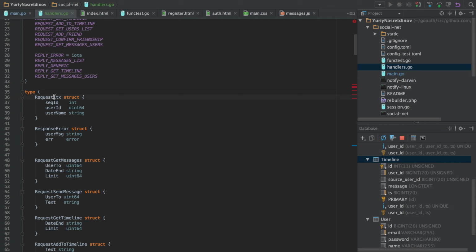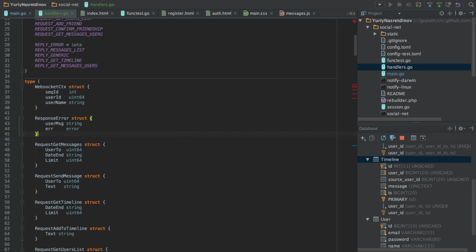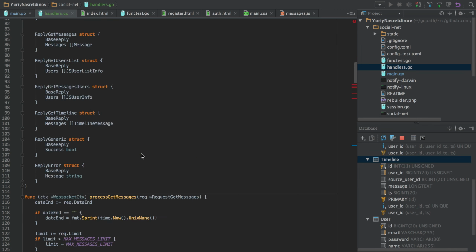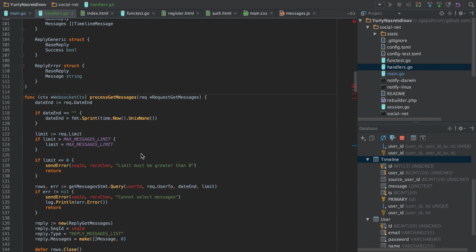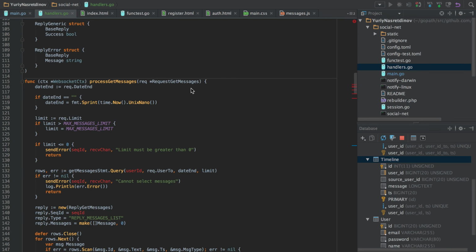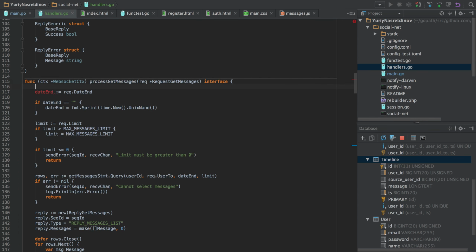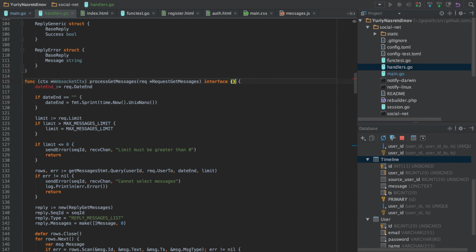This is how we want our handlers to look. And yeah, I renamed request context to WebSocket context so that you can distinguish it from others, and so that we don't use the word request as request type and as request context as well. And of course we should return something, so we return an empty interface, and this empty interface is then JSON encoded. It should be JSON encoded.